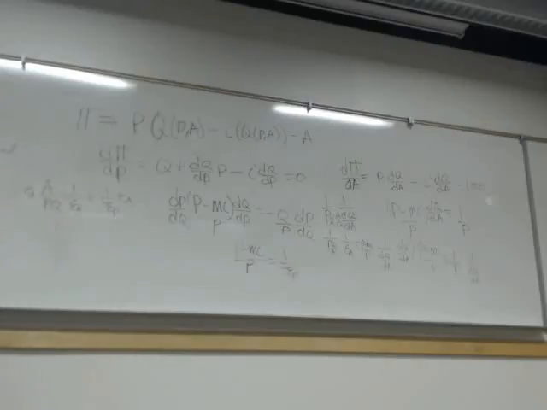The other thing you can do is, if you forget how to do this, you step back and separate it into the two pieces, and you say, let me find this piece, let me find this piece. And then you'll have your Dorfman-Steiner condition. If you're asked to do the Dorfman-Steiner condition, you'll probably be given this condition. We know where to end up. He'll tell you where to end up, that the Lerner index is this.